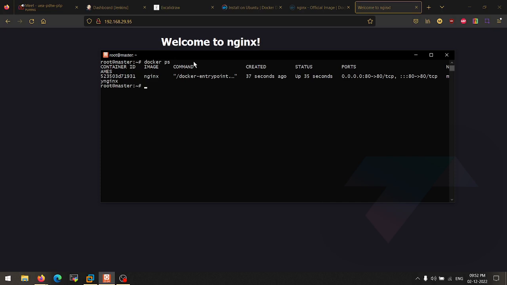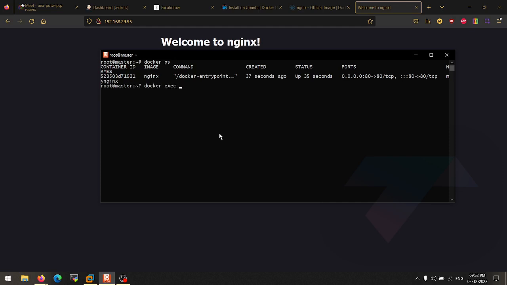Yes. Now, because we have this container launched, if I want to make any change inside the container, how can I do that? I can get into this container because it's a separate environment, and we can change the content of this welcome nginx page as well. It's just up to us. So how can we do that? Let's use the docker exec command.